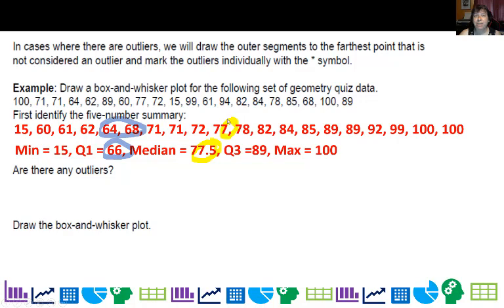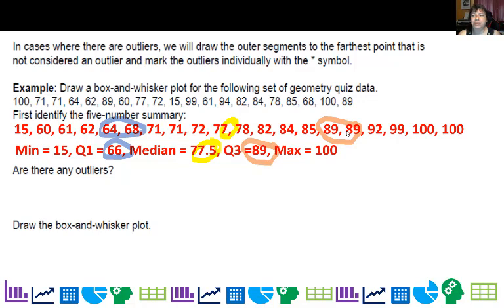And this 77 is in the first half of the data. So these become my two middle points, all right? And my two middle points, I have to average between them, so I get 66. For the top half, I'm going to get the same thing. But this time it's between 89 and 89. Well, the average of 89 and 89 is 89, so that's Q3.